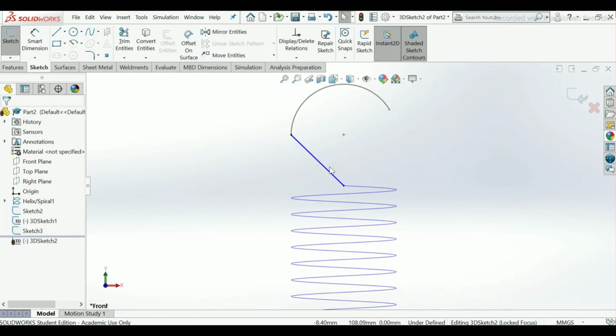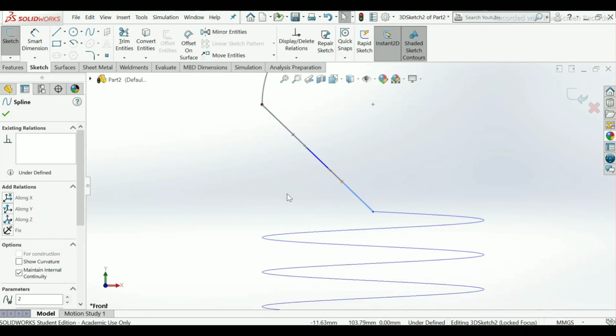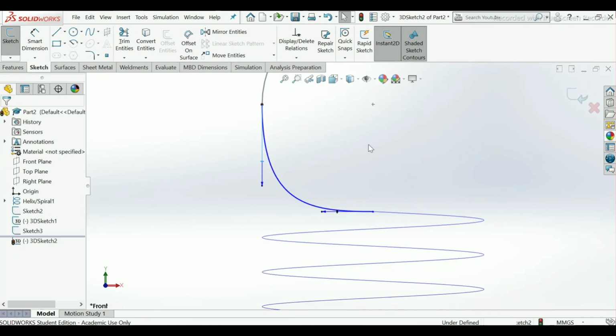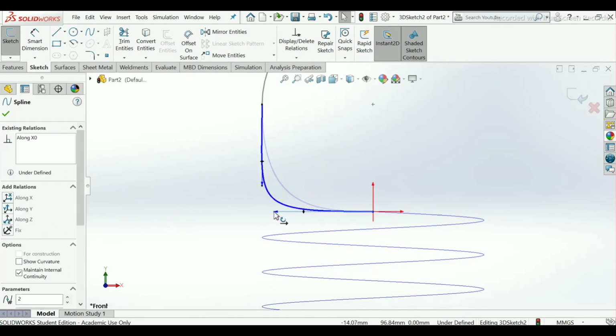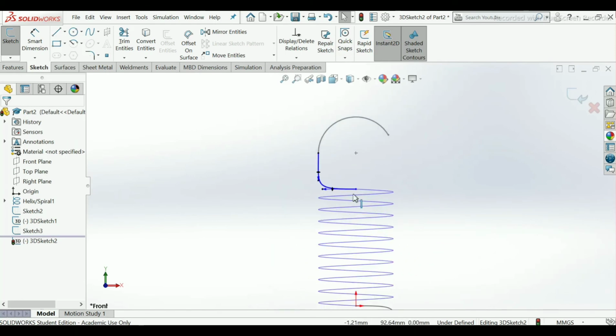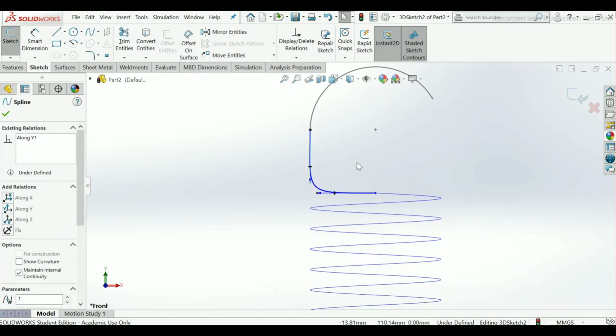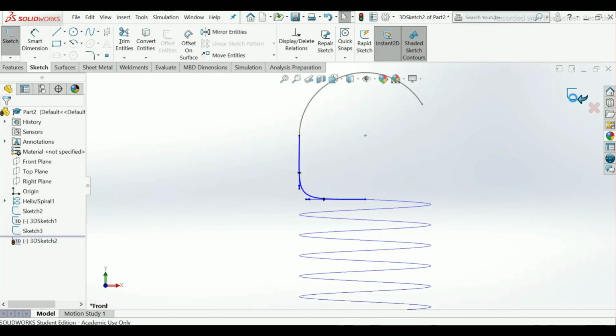Okay, now select this spline, select this point, make it x-axis, and select this point, make it y-axis. Okay, adjust it. Exit.